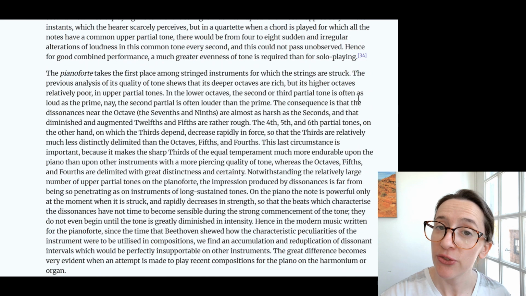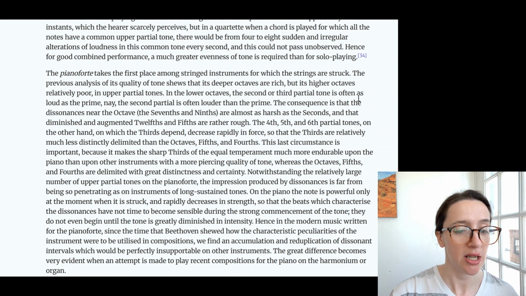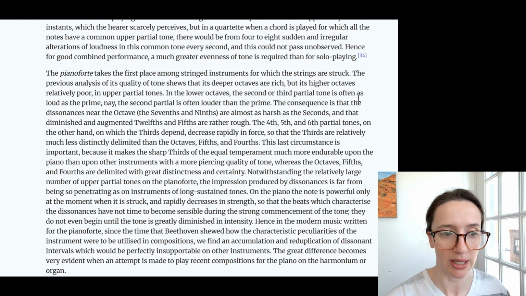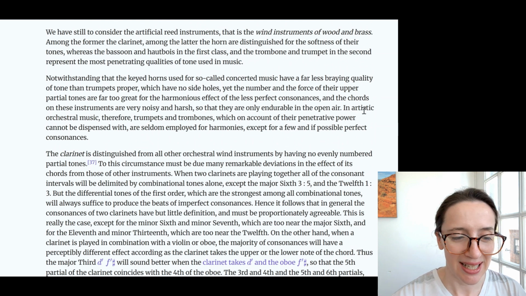Pianofortes he calls first place among plucked or struck string instruments, with lower notes having lots of partials and upper ones not quite as many. Brass instruments. He says: